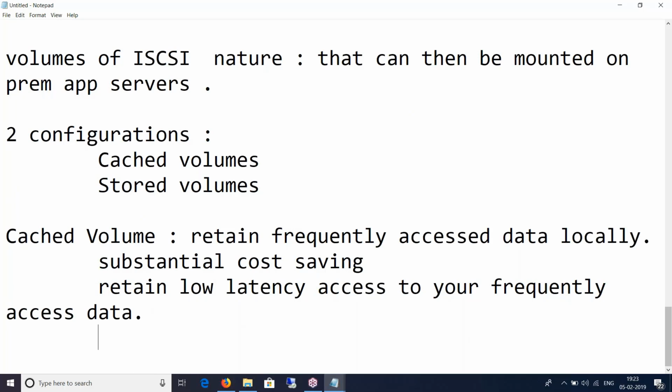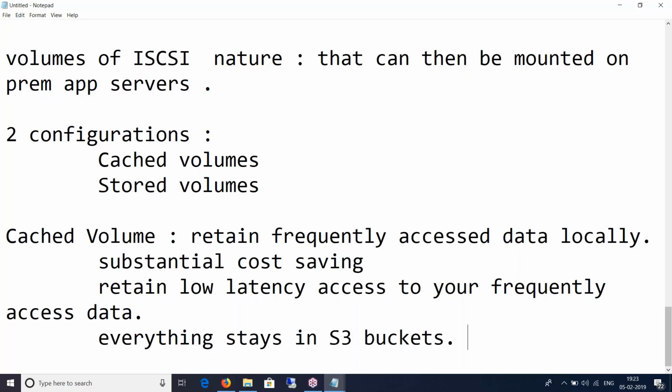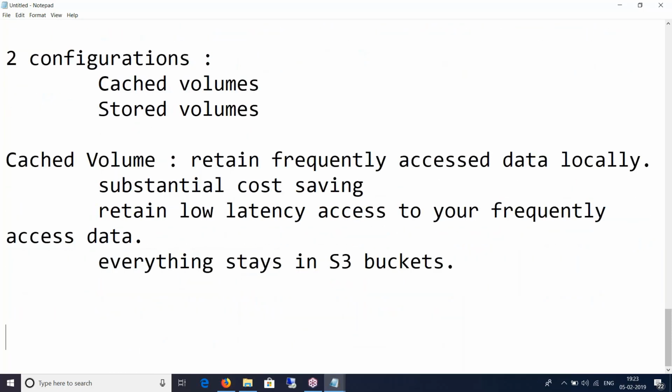The main concept behind the cached volume architecture is that the entire data, everything end to end, stays in S3 buckets. And you retain frequently accessed information on your premise. So if somebody is accessing that on your premise, you will have a better IOPS.